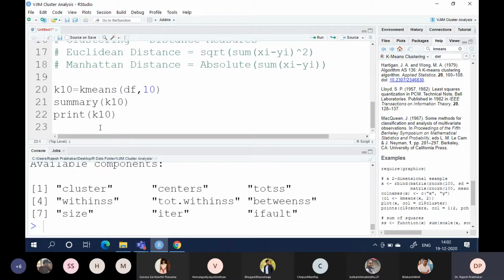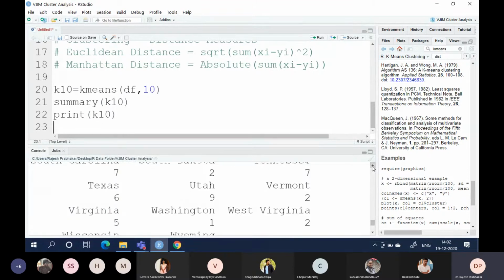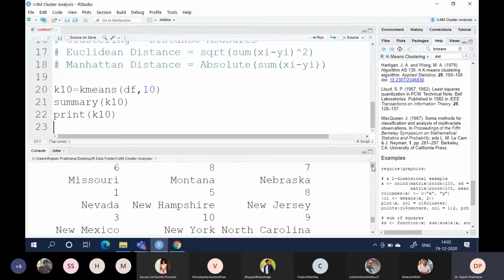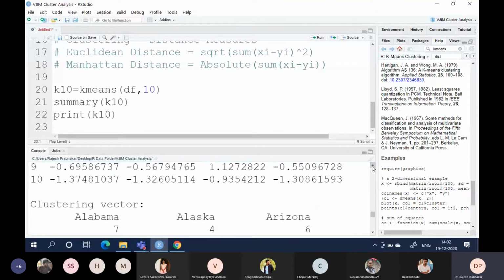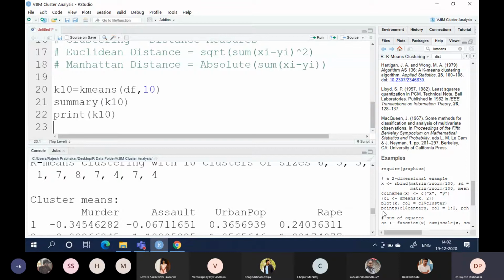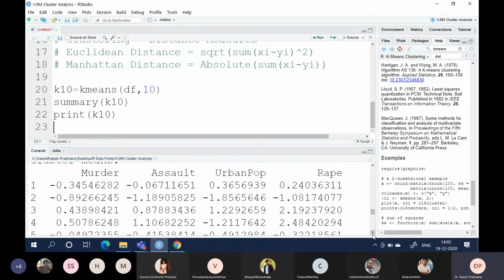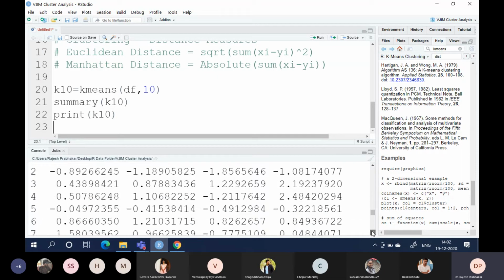So when you print, you will get all the parameters. See here. It is also giving the cluster for each state. Which state belongs to which cluster? Clustering vectors. Then cluster means. So for the first cluster, the murder mean is minus 0.34, assault is minus 0.67, rape is 0.24.